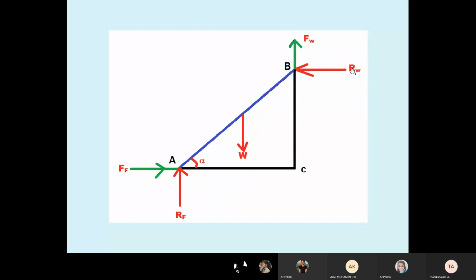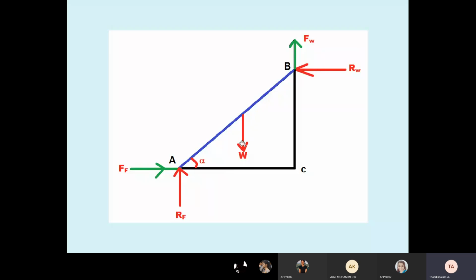Therefore, the reaction RW. You have to understand the reasons why we mark left side, right side, then RW. Don't memorize. Why RW here? Reaction at the wall. Why reaction? I told you, any body that is touched has a reaction. The ladder is the action, the wall is the reaction. Similarly, why is friction upward? Because the ladder may go from B to C, vertically downward. Therefore, friction is upward. Generally, friction acts in the opposite direction.